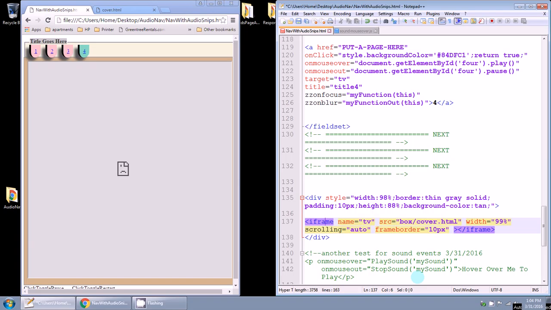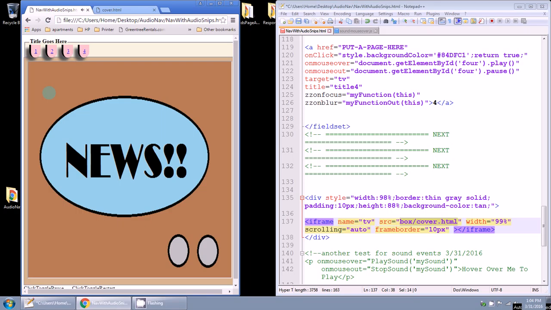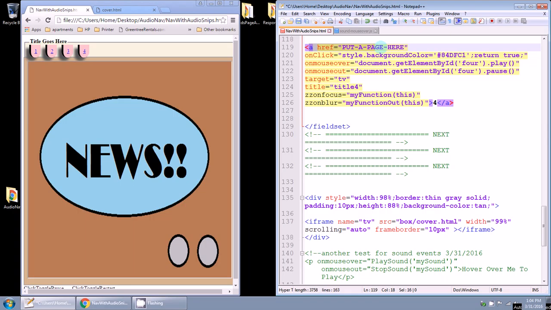It's got a name of TV, source box/cover, which if I hit refresh here, you see this little news thing that I created in Paint. That's the default source. When we click on these A links, we are going to target the TV and put something different in there